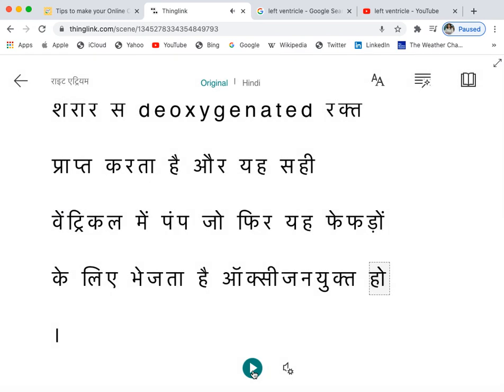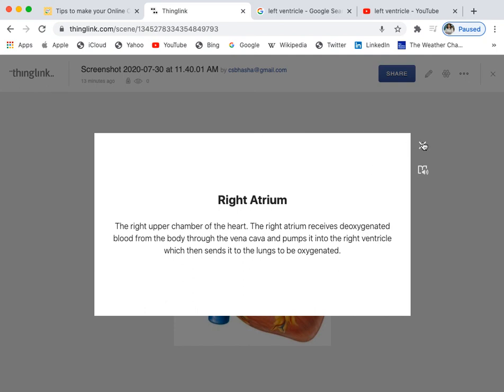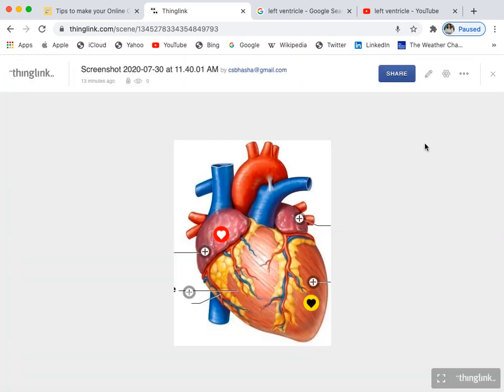So I will not say that it is perfect, but especially for Hindi and English teachers, when you are explaining a chapter, I think this will be really wonderful for you. It is going to work wonders in your classes when you're trying to explain the content with respect to this. I just wanted to say that you're not only having the option of English, but you're also having the option of Hindi. It is not related to just one subject. You have so many subjects you can incorporate. It's all about how you use your imagination and start working.